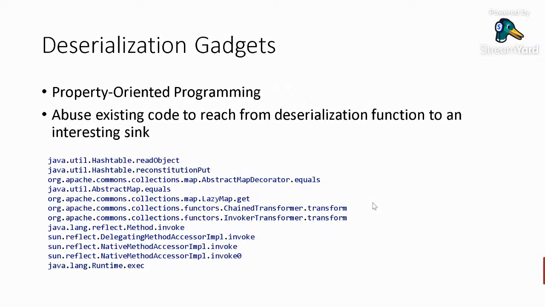And a term that I really liked that was coined when these kinds of attacks were just discovered is property-oriented programming. If you're familiar with return-oriented programming, it's a similar concept where you're abusing existing code in the program, calling and setting a bunch of properties, and then during the deserialization process you get the code in the program to run in an interesting way where you control it. We'll see an example soon, but this is just a call stack from one of the gadgets that's used